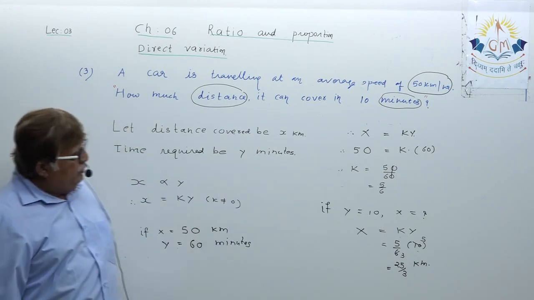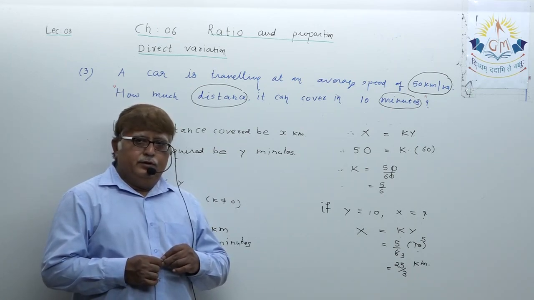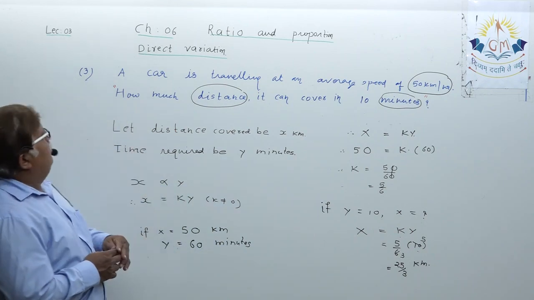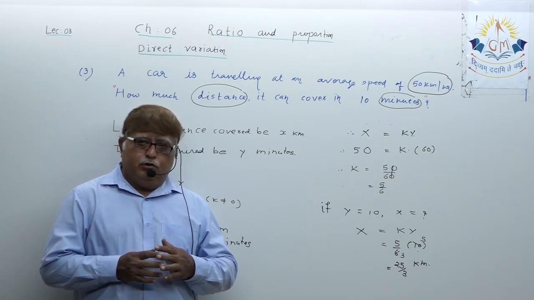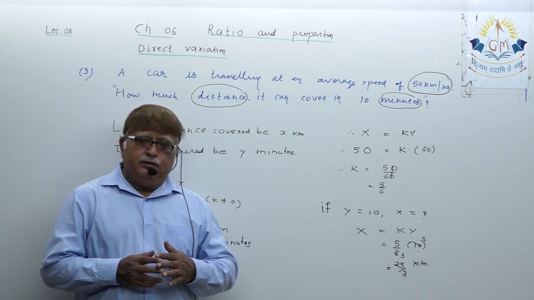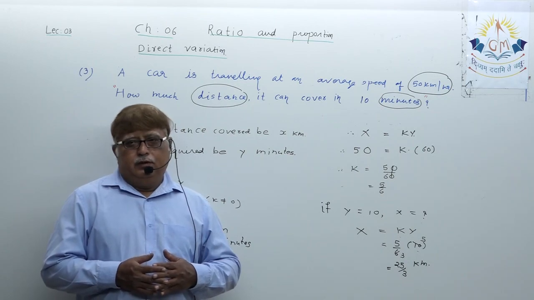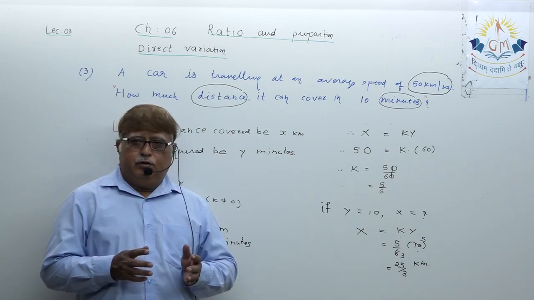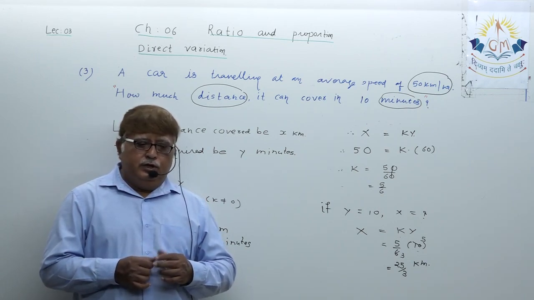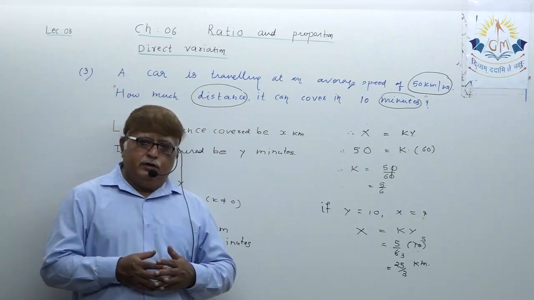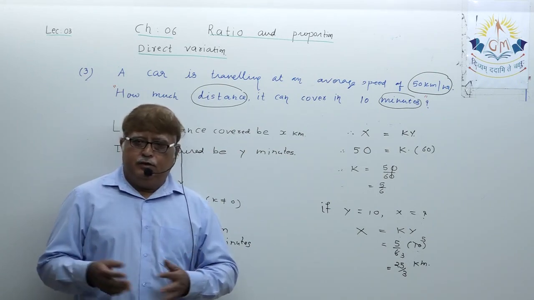You understood, dear student? So today in our lecture number 3, we are completing the topic of direct variation. Okay, right? In the next lecture, we are going to continue the topic exactly contrary to this, that is the topic of inverse variation, which we are going to continue in our next lecture. Okay, dear student, thank you very much.